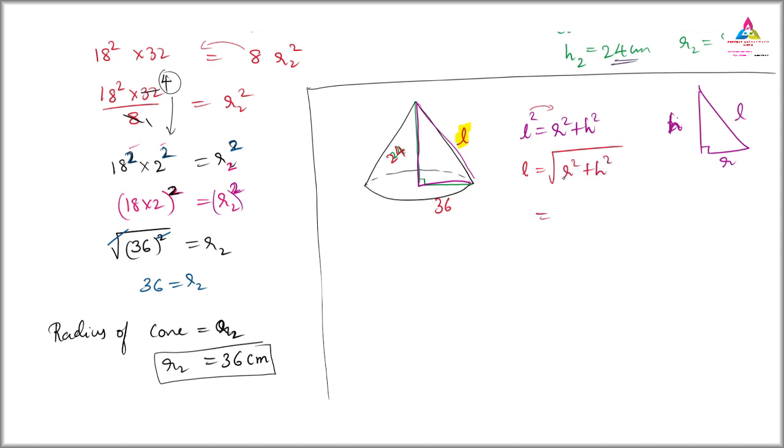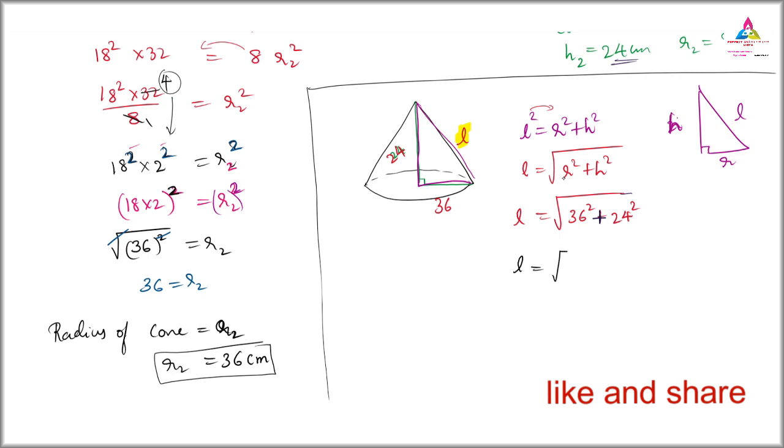Here the radius is 36, we will write 36 and we have to square it, and h is 24 and we have to square it, then we will find the slant height, that's L. Most importantly, here the square of 36 and square of 24 is not a small number, it is a big number. 36 into 36, 24 into 24, then you have to calculate and then find the root of it and then find the answer. It will be very difficult for us. So for that purpose, what we can do is, here you keep it as it is.